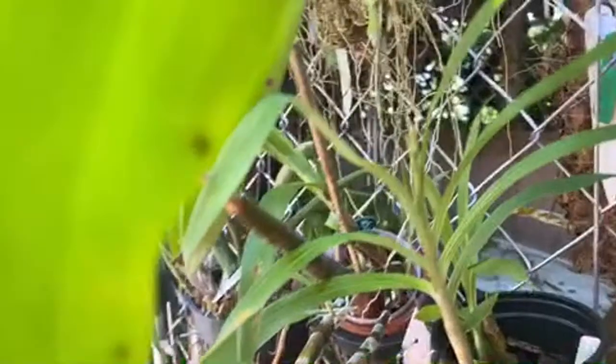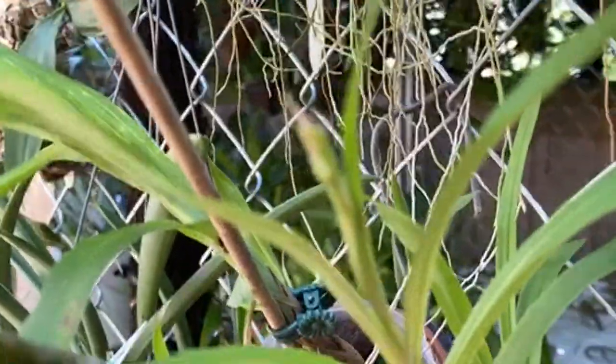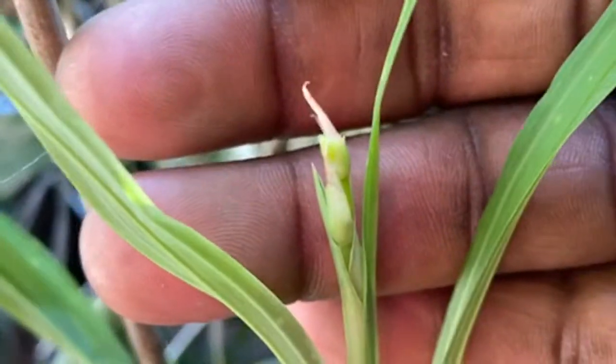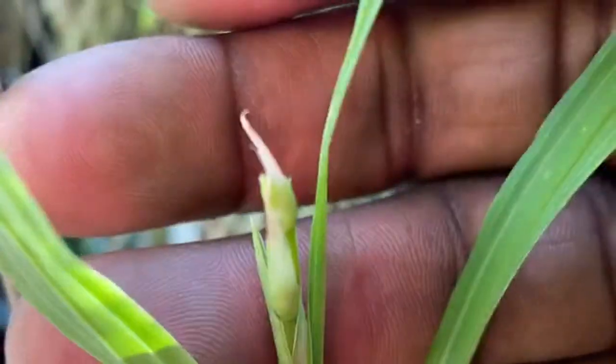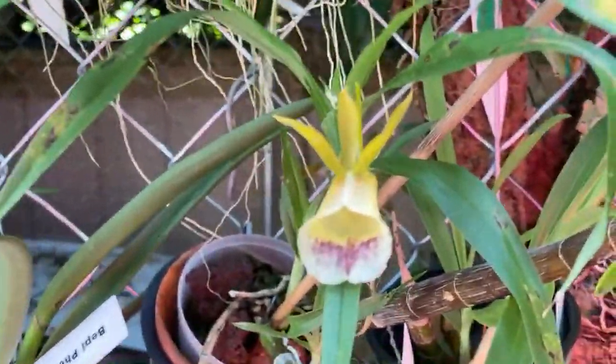What else is happening? I did notice that this is my other Gallandra, and that flower spike looks like it's going to burst through the sheath, and this one's still in bloom. Let me see what else before I get to that. One thing I did do